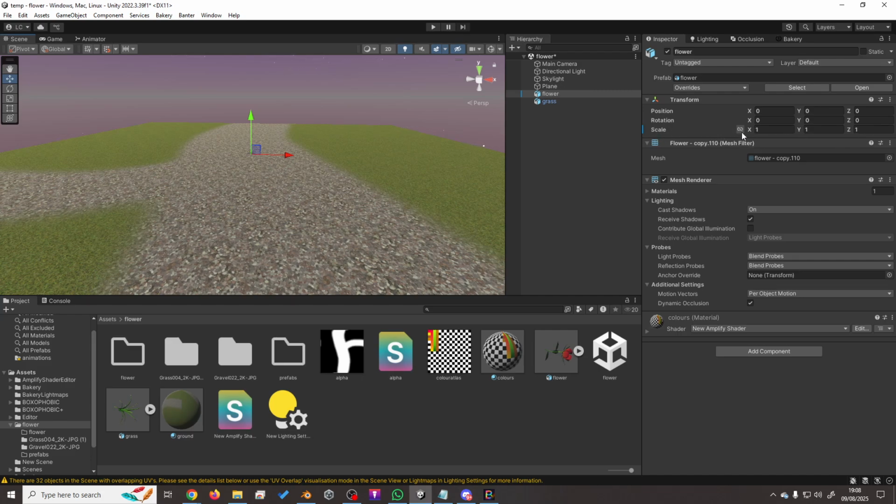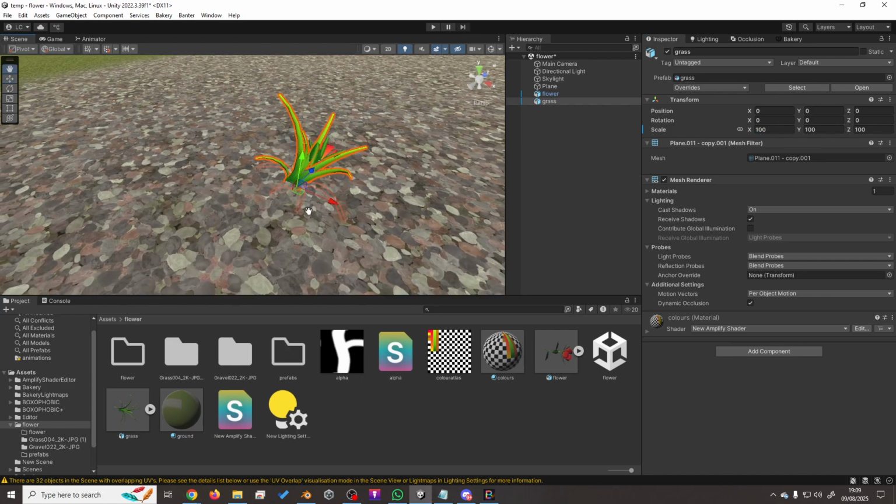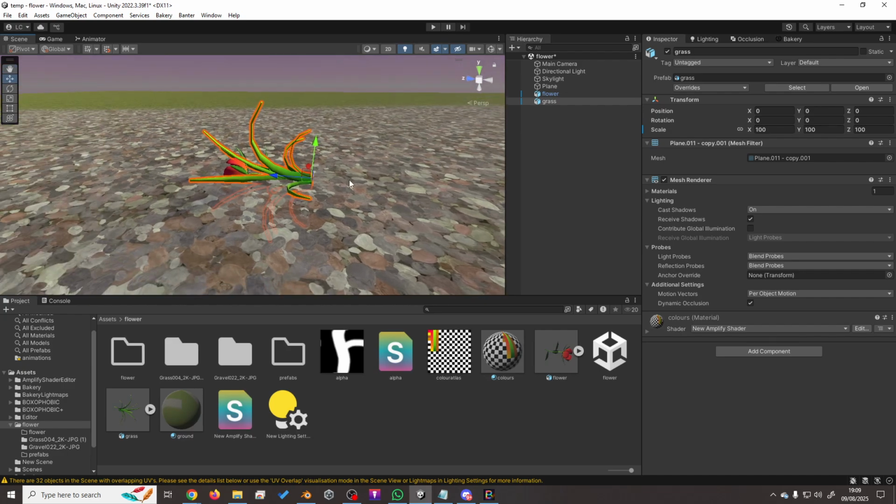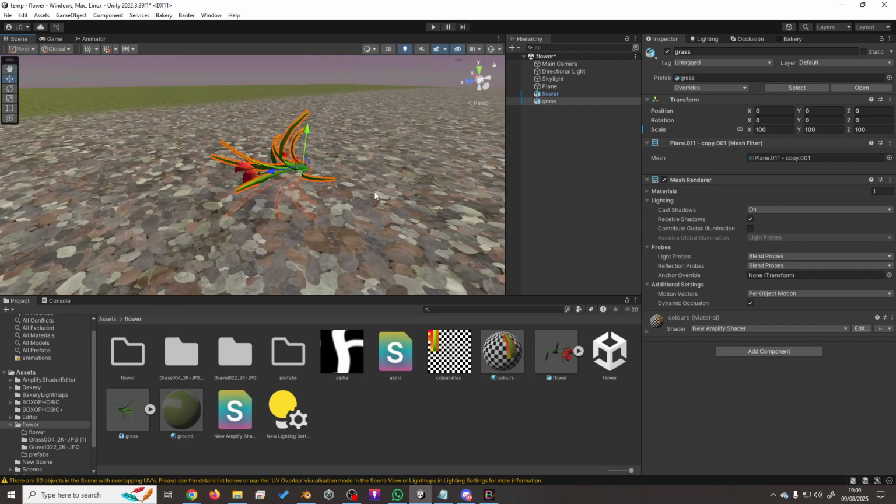The easiest way is just to click this little icon here, so all of these are linked, and then you just need to put it in once, 100. So that's that back to the right size. Reset that, and we'll do the same thing, 100. Oh, 10. So got our flower, got our grass. The only thing is they're lying on their side, because the Z and the Y axes are the other way around in Unity. So I'll select both of them, rotate these by -90, and that's them back the way